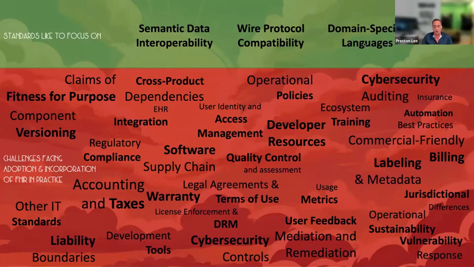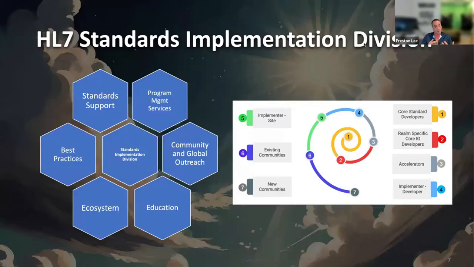standard in practice. So enter the HL7 implementation division to try to address these types of gap areas where it isn't necessarily HL7's focus to go into all of these gap areas. However, by creating best practices, doing a lot of education, like this webinar series is a good example of that, providing some level of community support, some administrative functions, such as for the FHIR accelerators, we can rapidly decrease the footprint of some of the gap areas to make it more attainable for organizations that don't have massive informatics teams to start addressing some of these more complex FHIR integration use